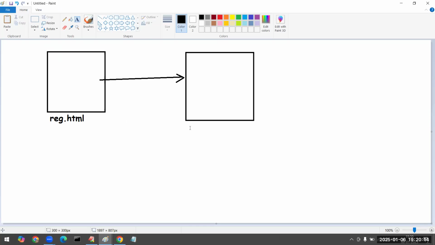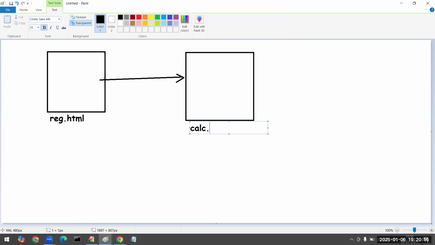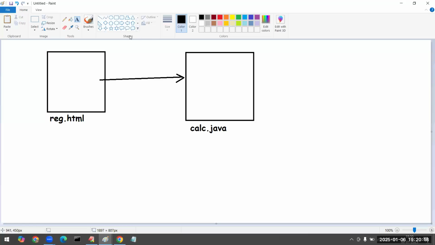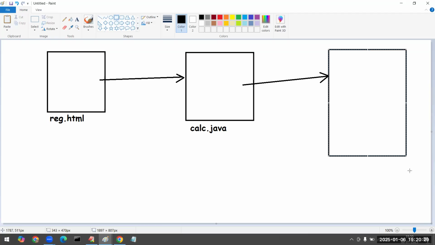Let us consider this Java program is something like calculation.java. This Java program will take the complete information from the user and put that information into the database.